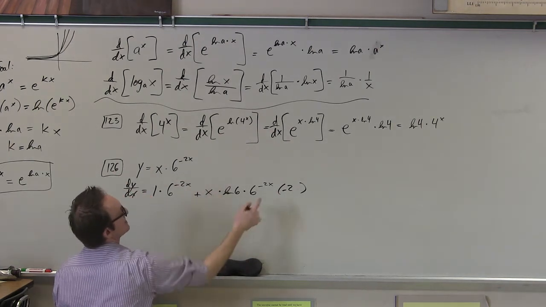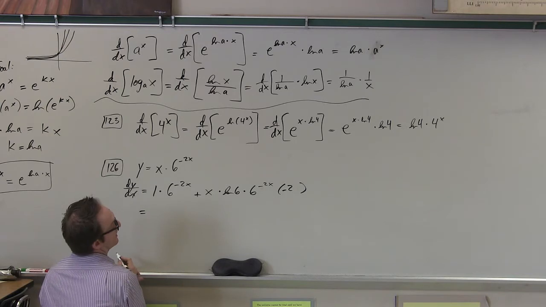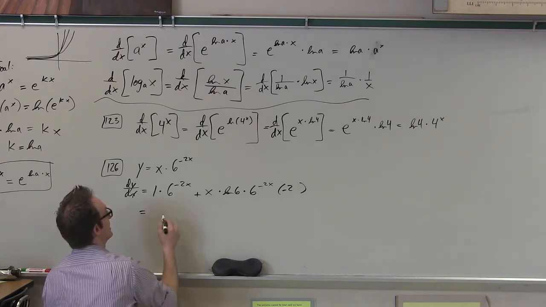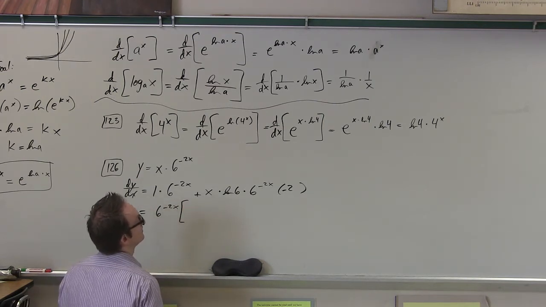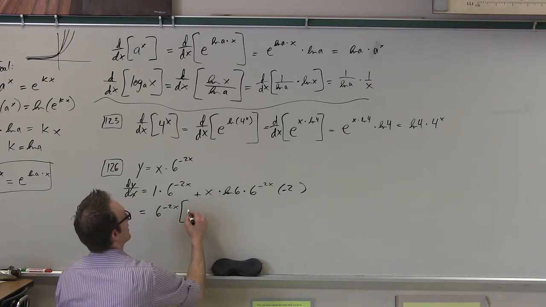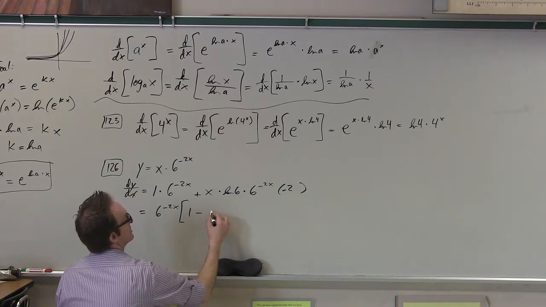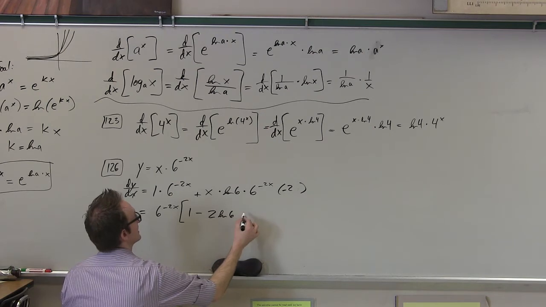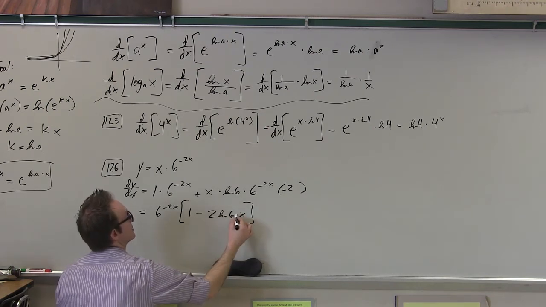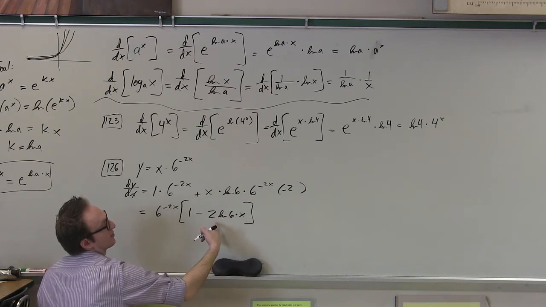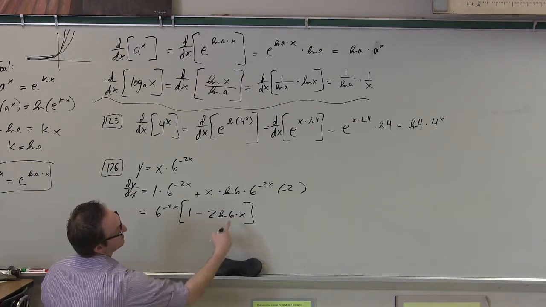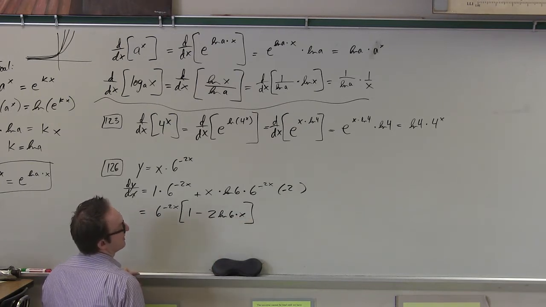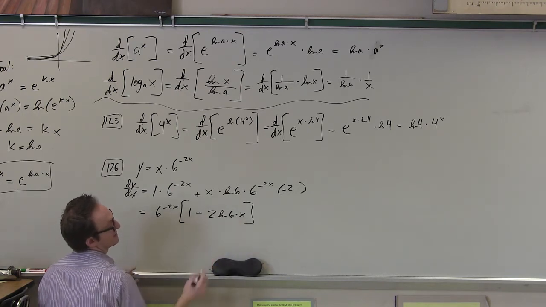Yeah, derivative of negative 2x is just negative 2. Okay, so then we can clean this up a little bit and make it prettier. If I factor out the 6 to the negative x, I get 1 minus 2 ln 6 times x. Usually people put a times there to make sure that we don't mean ln of 6 times x, we mean 2 ln 6 times x. Or sometimes people even put the x first. Anyway, you could even do more fancy things like pop the 2 up and write that as ln 36. But anyway,